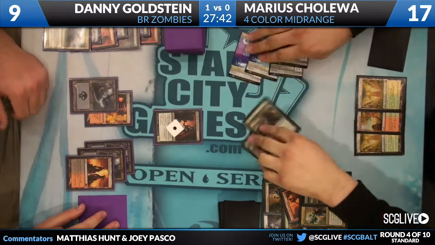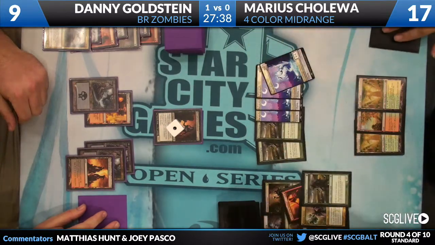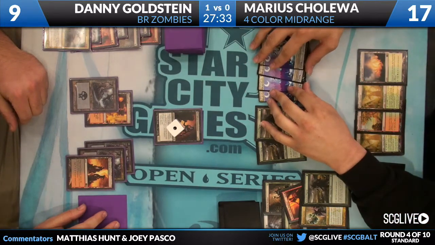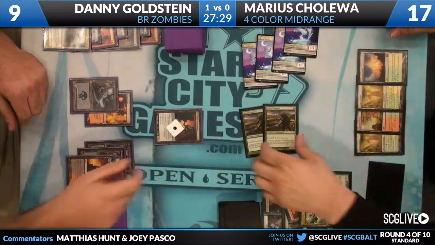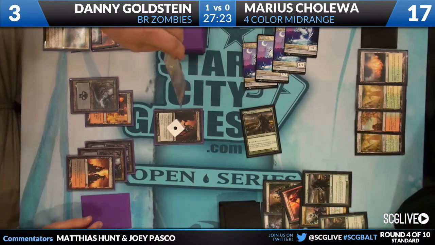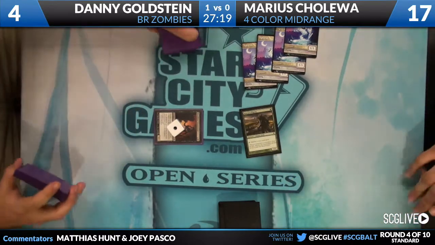Alright, so now the biggest thing is that Danny's just behind. Yeah, Marius can just swing. He has him on a 2-turn clock. He finds a 4th land. It is not a black source for Marius, but he's in relatively great shape right here. He's got 6 1/1s. He's just suiciding away one of them every turn, but only the non-flyers. Yeah, the non-flyers are fine. Marius takes game 2 versus Danny Goldstein, and we're going to game 3